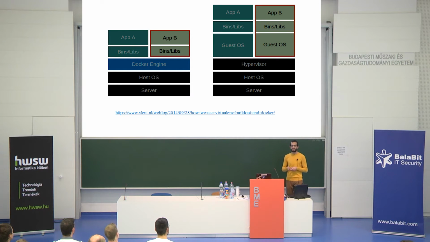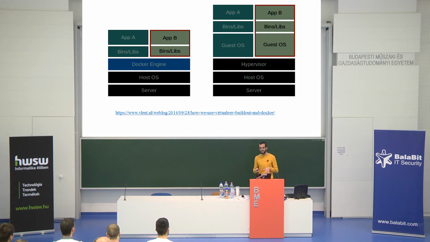So this is how it looks. And basically, if you think about it, if your application needs to do some system calls and to do something with the underlying hardware, all the calls need to go from the application to the guest OS, then through the hypervisor to the host OS, and then to the physical server. Now, there are some technologies that can allow virtual machines to skip some of these steps, but generally this introduces a pretty big overhead, right?